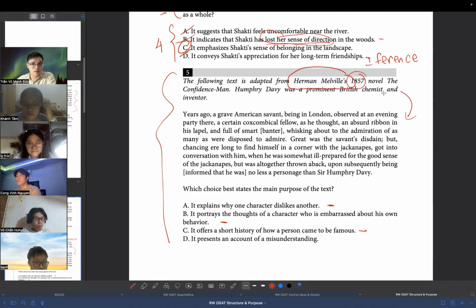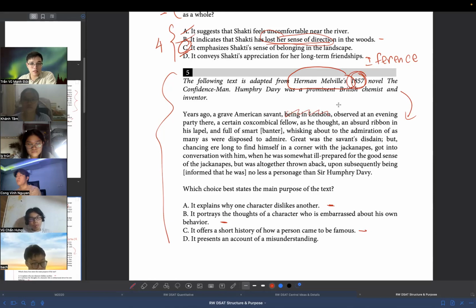But there's one key to every single paragraph in this day and age. It is that they repeat themselves very often. Look, and also they use a lot of commas, if you notice. You only need to use the principle of stripping sentences that I taught you. Eliminate the things that don't matter, just get rid of them, and then you'll find the sentence much easier to understand. Years ago, a grave American savant, I'm going to cross this out